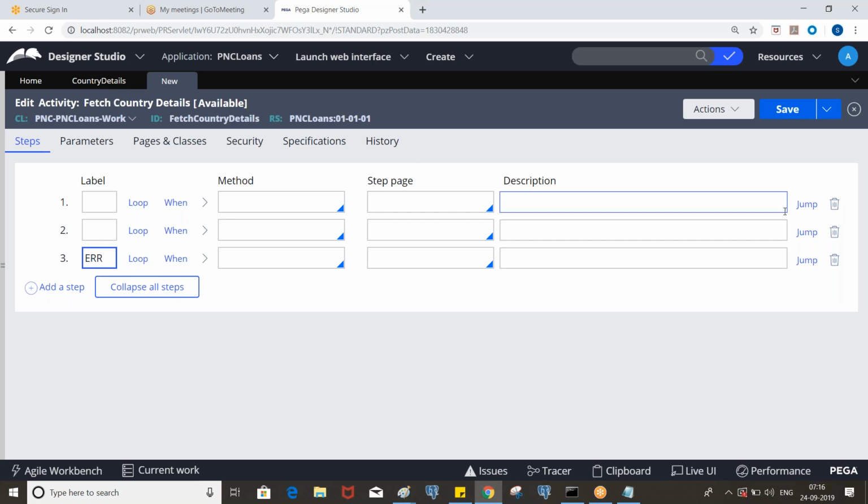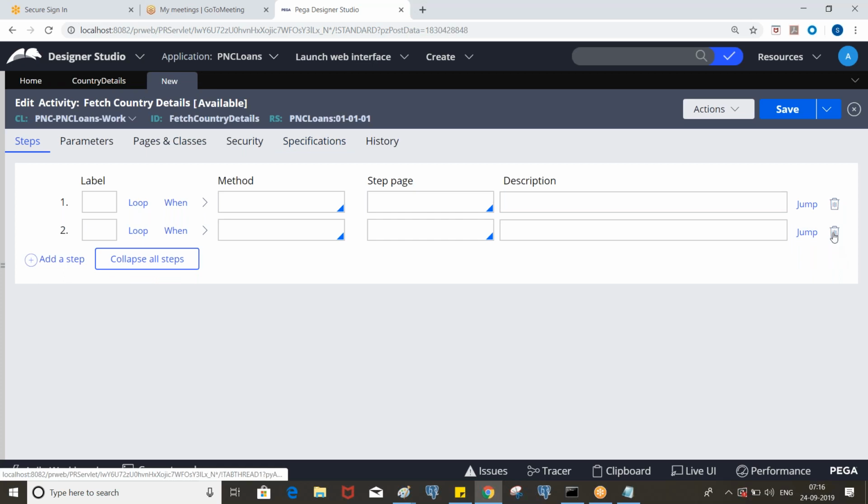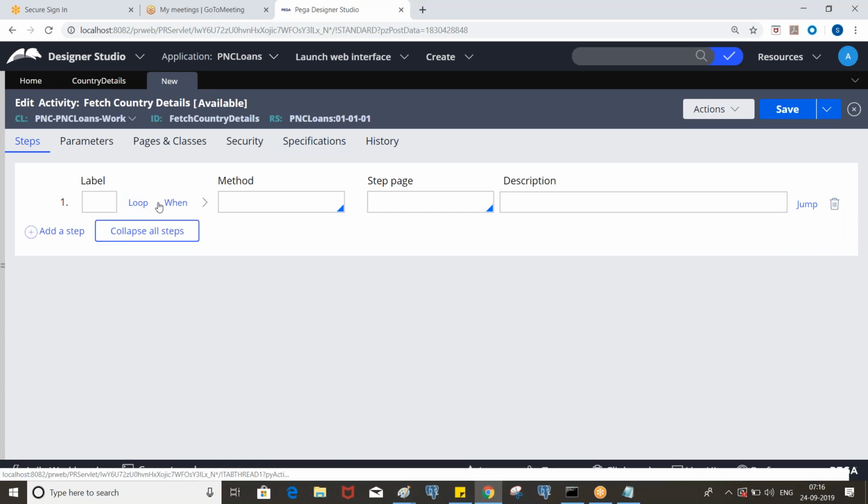So this is just like an identification of the step, and the loop is like how exactly looping works in programming languages. And the when is like an if condition, so we can put it before executing the method. It's like a precondition of the method, and this is the post condition of the method.